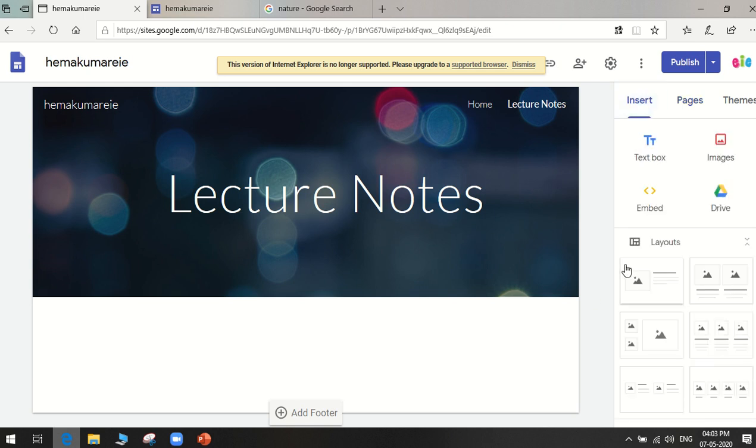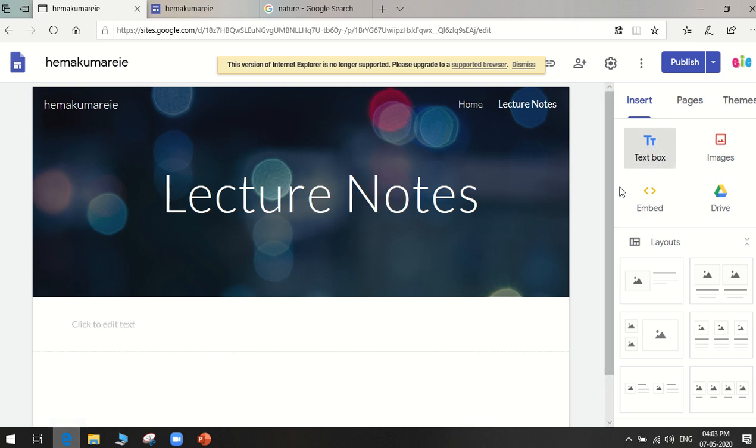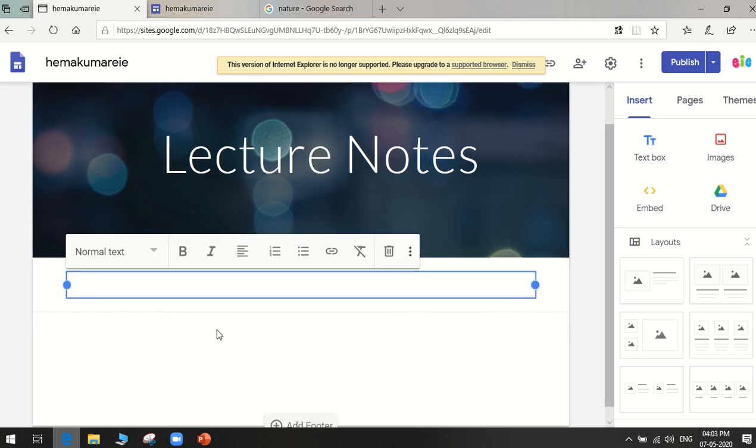come back to insert. So I'll use the text box option. Click the text box option. Say I'm posting the notes of biomedical instrumentation.